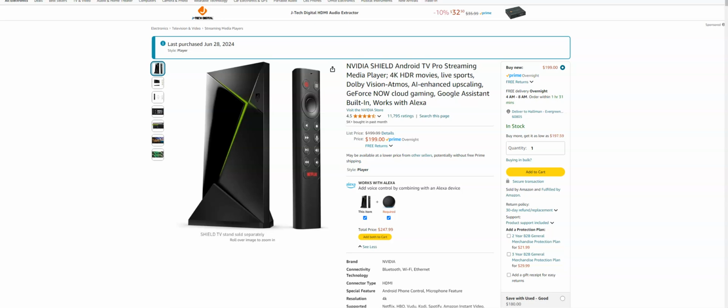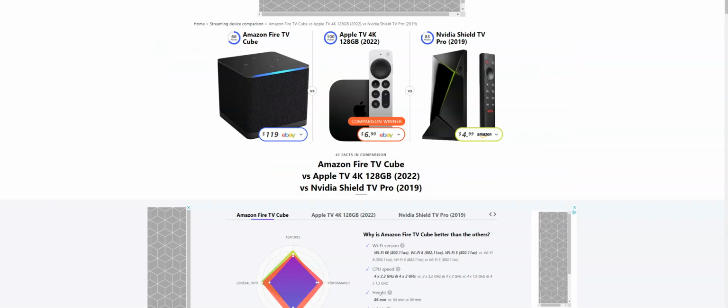Now, the reason why a lot of people don't want to buy it is because, well, yeah, the Apple TV 4K, faster, more intuitive, this, that, the other, yada, yada, yada, right? We got 128 gigs of space. By every other metric, the Apple TV 4K is the go-to. It's the winner. Except for anybody with a 5.1.2 home theater setup. You almost have to get an NVIDIA Shield TV Pro if you're going to get the most out of whatever